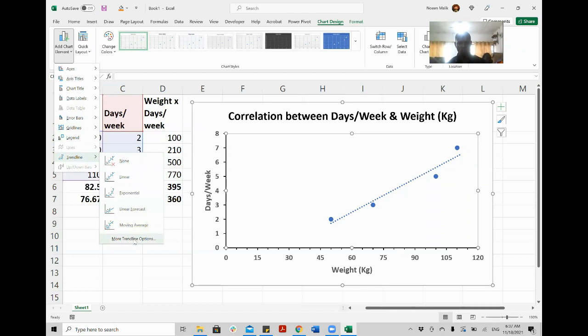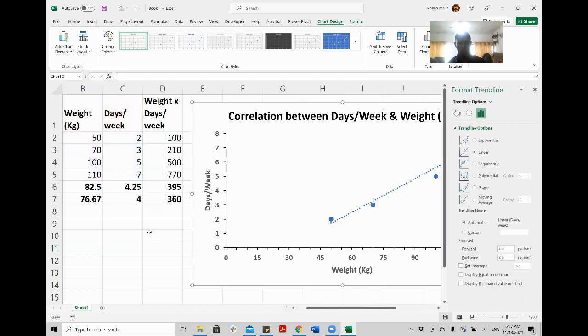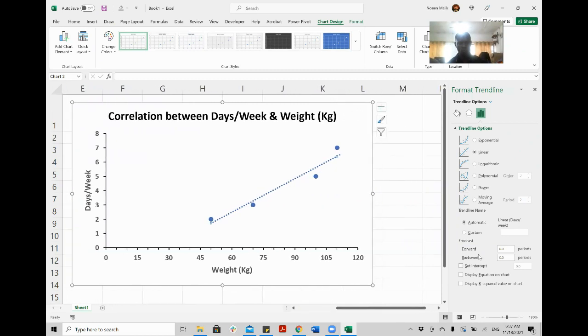More trend line options. You will click more trend line options because we need to set something. In more trend line options, we selected linear because we are checking the linear relationship. And I want to display these two things because they will help you calculate the unknown value.